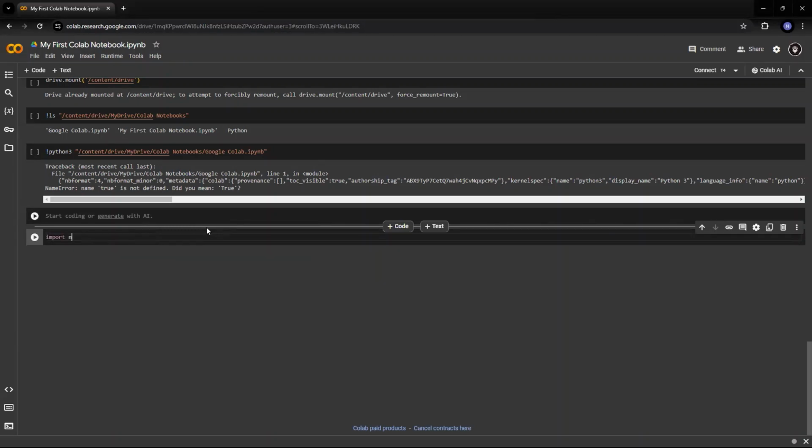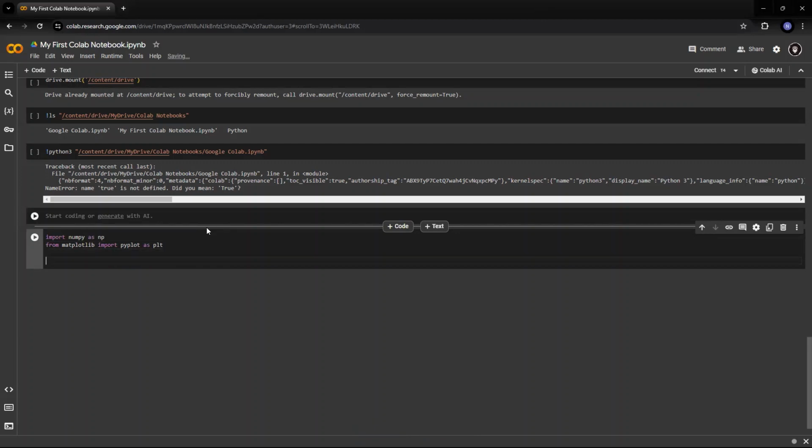import numpy as np. Again, guys, let me reiterate, you do not need to worry about the code that I am writing. What we are trying to reiterate is that Google Colab supports graphical outputs. That is what we are trying to understand. So this is a code to plot a graph